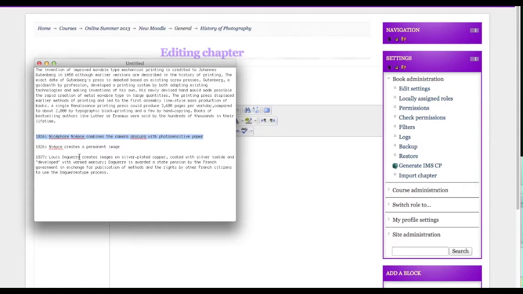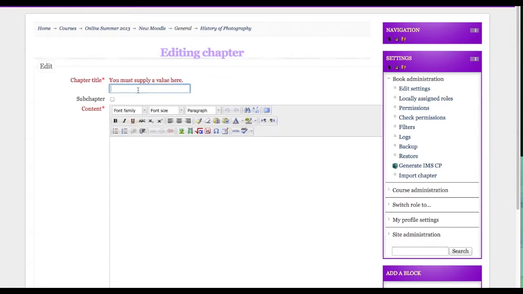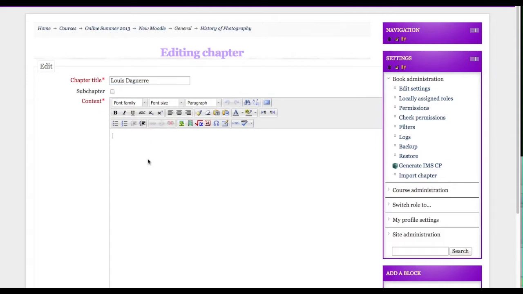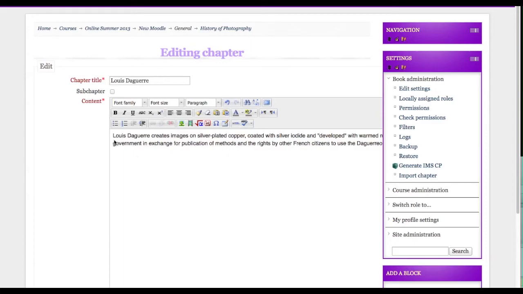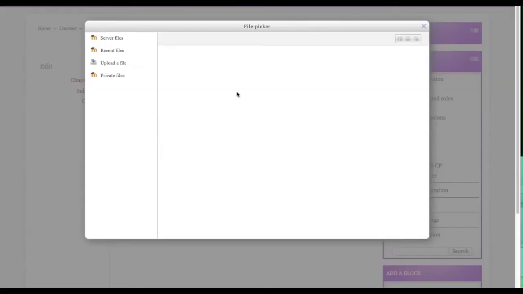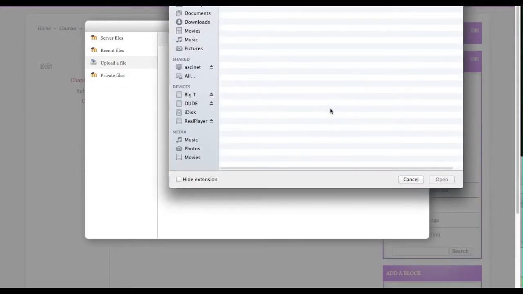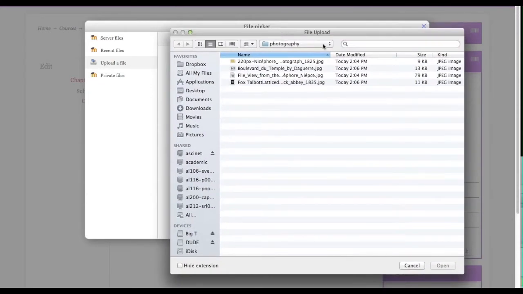And here we're going to talk about Daguerre and his first image, daguerreotype, and it actually has a person in it. The person was getting their shoes shined, so they were still enough for the length of time of exposure for them to show up. Again, we're going to click on Image, find and upload an image, browse, go to that image,